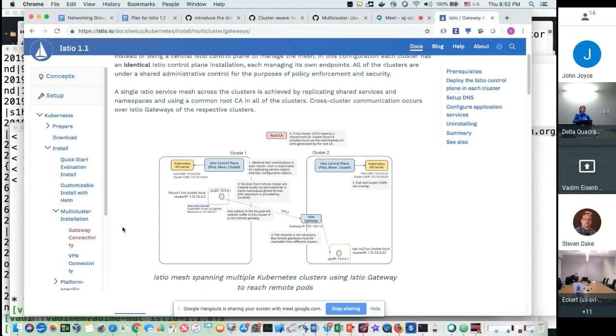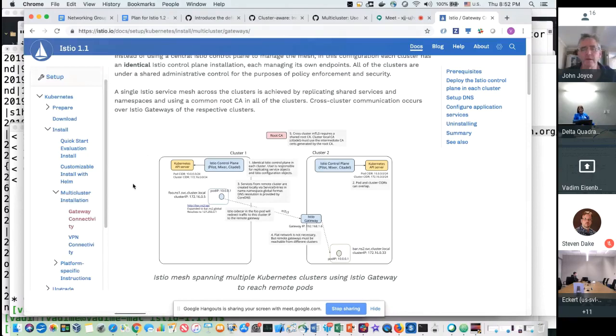PRs welcome. Maybe we need just a short summary right under where it says multi-cluster installation, a short overview talking about the fact that this is a spectrum and maybe depicting the various possible deployments, and then saying we will give two examples of this. One would be, and link to, the gateway connectivity and then the cluster aware, something like that. Yeah, that's kind of the mental picture I had, Andra, as well.